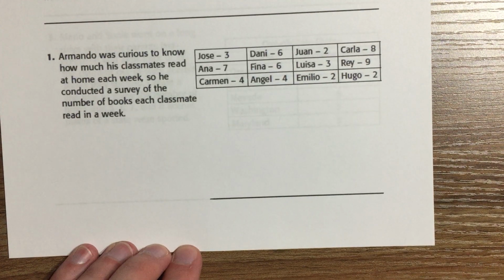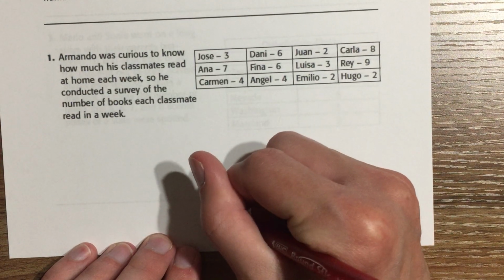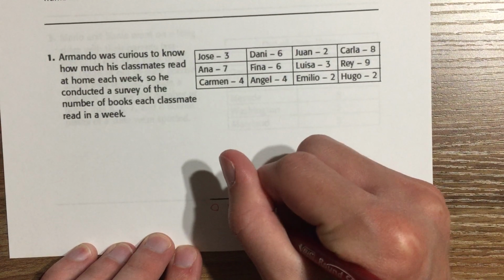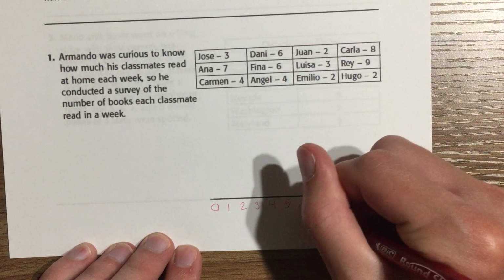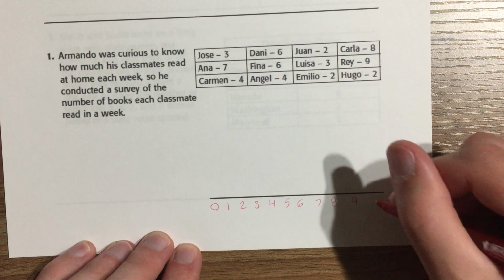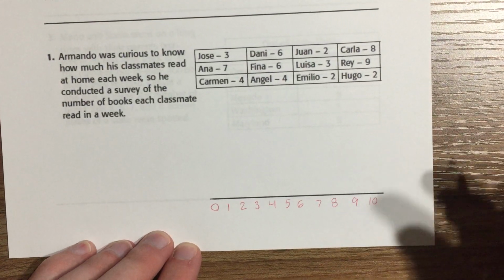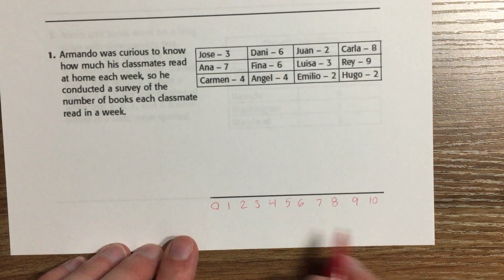Ray has 9 books read per week. So I'm going to start with 0, 1, 2, 3, 4, 5, 6, 7, 8, 9. And we'll put 10 on there just because it fills up the bar and makes it look nice. So along the bottom,